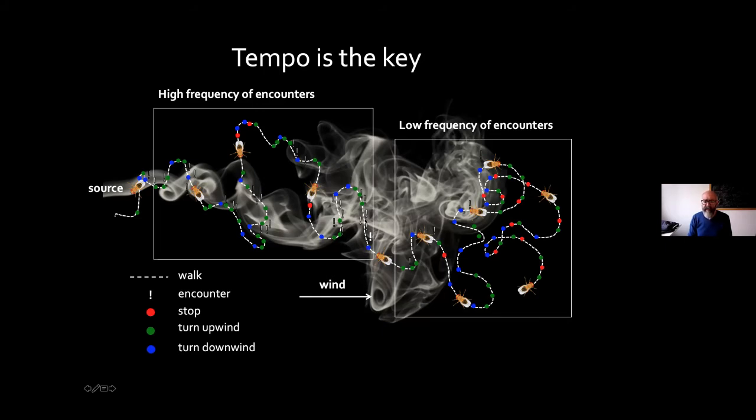And one of the emerging results from this kind of work is that walking flies typically switch between two behaviors. That is, either they stop or they walk. And when they walk, they can perform turns either upwind or downwind. The frequencies by which they switch from one of these states of behavior to another is random, but it's modulated and biased by the frequency of previous encounters. So even though the system is different and the biology is different, this also points to some common idea that the sequence of detections that the moth or the fly has made in the recent past provides a very useful input for the processing system to decide what kind of navigation decisions to make in order to approach the